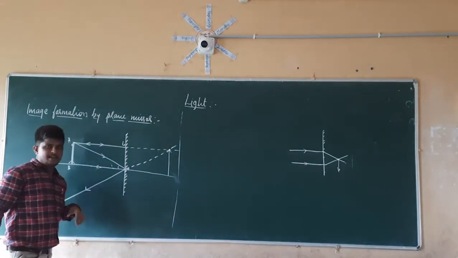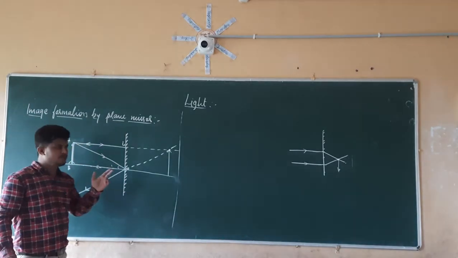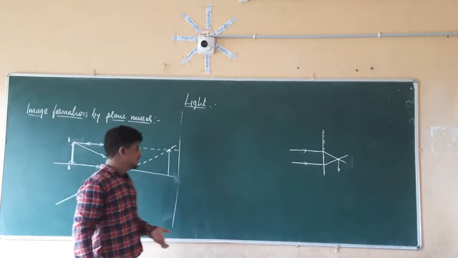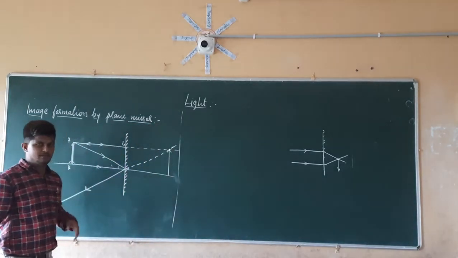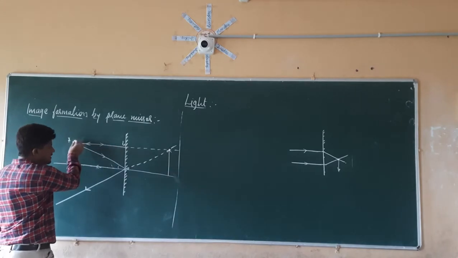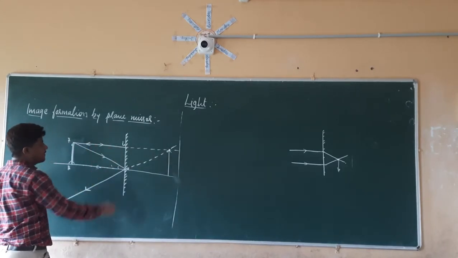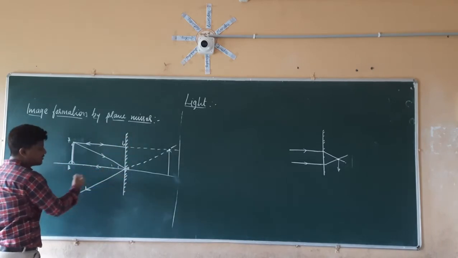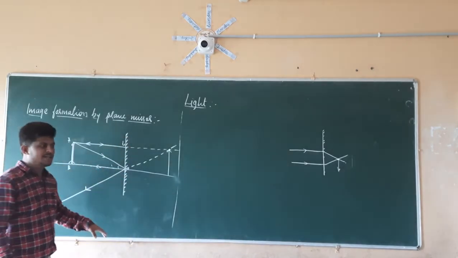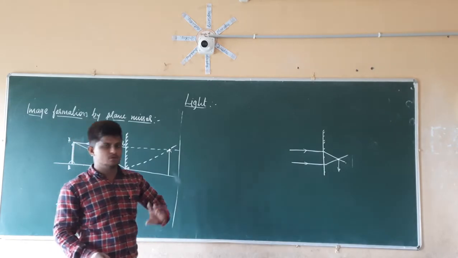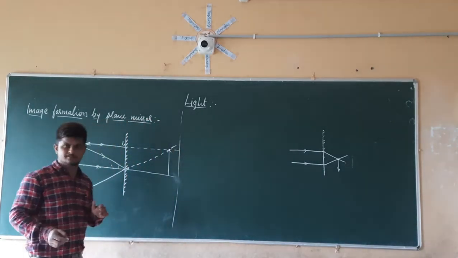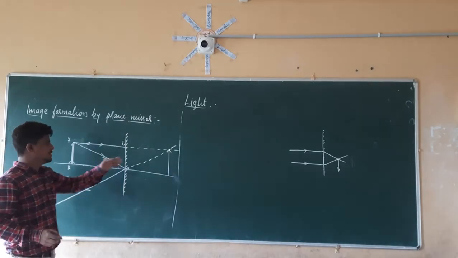You may ask the question, sir, only two light rays are going to form the image? No, for our understanding, we are just taking only two light rays. That means there will be n number of light rays present. All of this is going to be covered by the light rays, the upper portion and the downward portion too. But what is required here is just two light rays to see the formation of the image. For that reason, we have only two light rays. So this is the image thus formed.